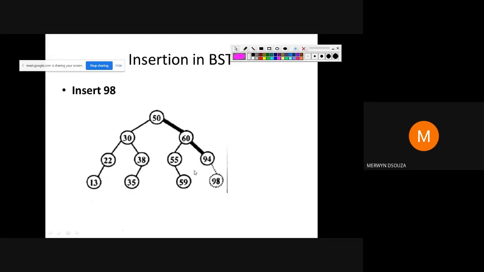Okay, so this is the final answer that you will get. You can just take one screenshot of this and keep. This is what you should get at the end of the insertion. If some of you have not been able to draw as fast, you can just draw this and do it stepwise, do it slowly and check it out. You should get this answer.